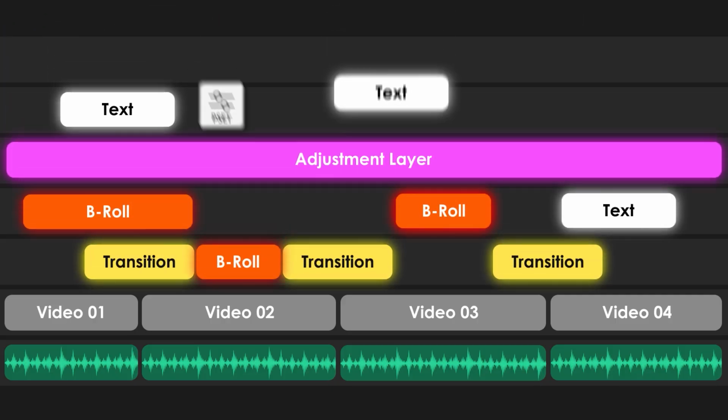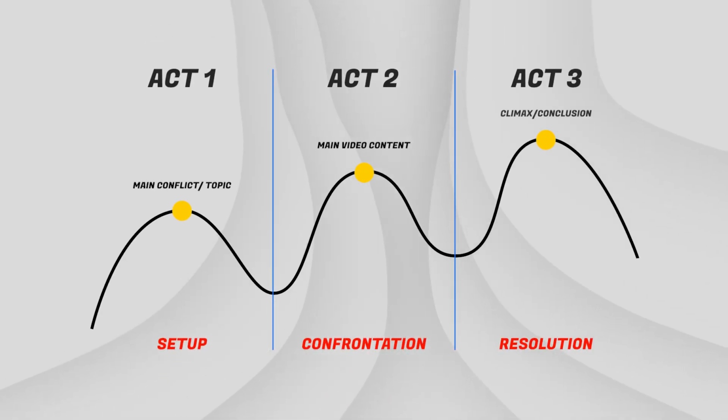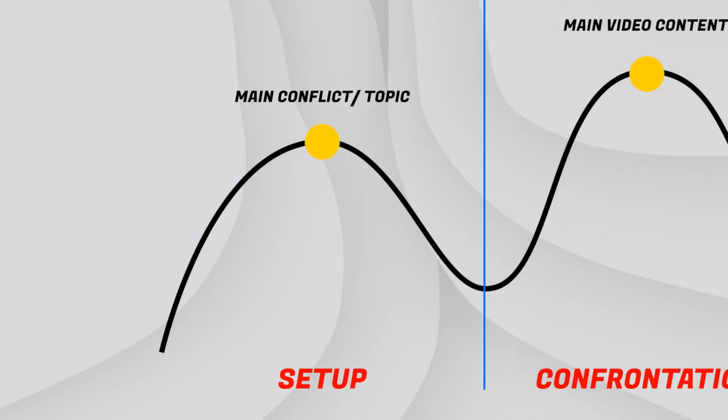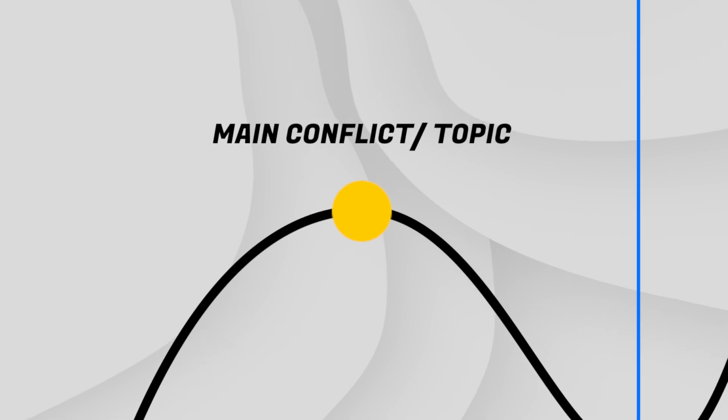Every cut, transition, and effect should serve the story you are trying to tell. One technique I like to use when editing my YouTube videos is the 3-act structure. In the setup act, I introduce the main conflict or topic of my video. Think of it as laying the groundwork. This could be the introduction where I hook my audience with an interesting fact or a question and outline what